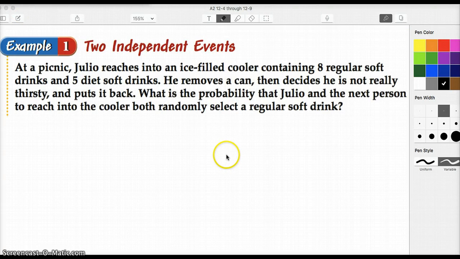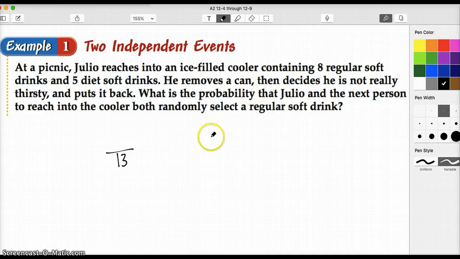In example 1, we have two independent events. At a picnic, Julio reaches into an ice-filled cooler containing 8 regular soft drinks and 5 diet soft drinks. He removes a can, then decides he's not really thirsty and puts it back. What is the probability that Julio and the next person to reach into the cooler both randomly select a regular soft drink? So we've got Julio, who was choosing out of the 13 total